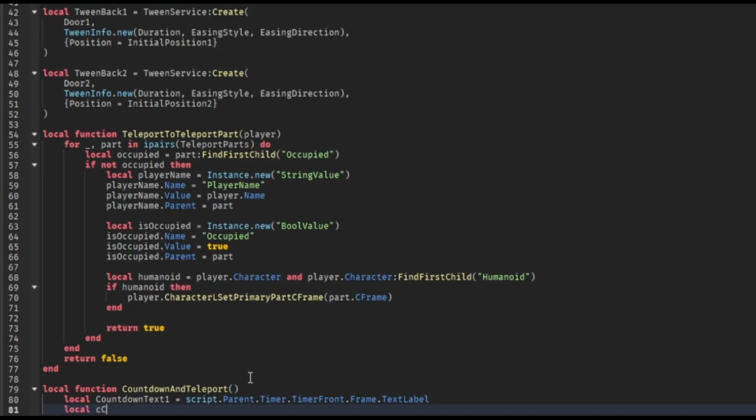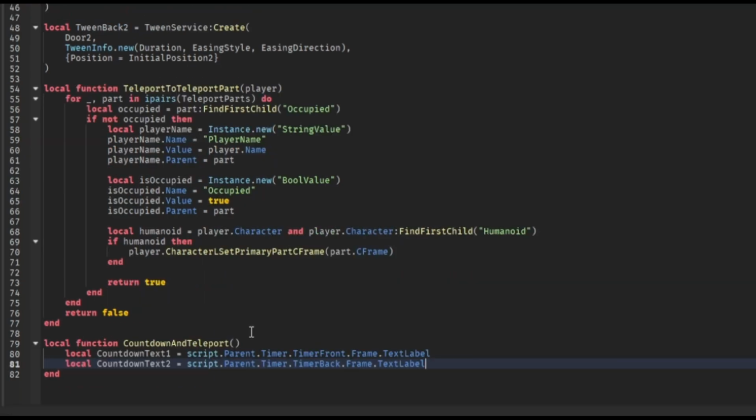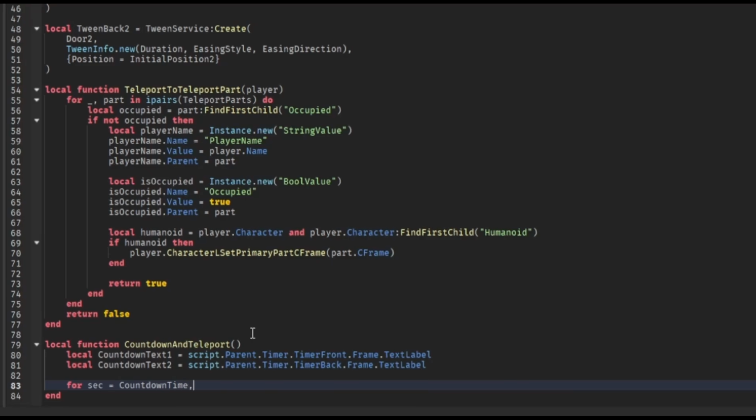Local countdown text 2 is equal to script.parent.timer.back timer. No, timer back. Why do I keep doing that? I don't know. Frame dot text label. There we go. Now for sec equals countdown time 0